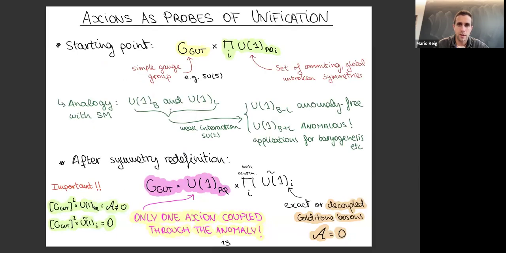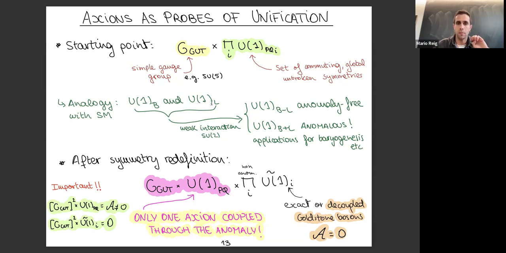So the story is the following. Let's take this starting point. We have G_GUT, your favorite unified gauge group that can be SU(5). We also have a non-specified, totally arbitrary number, for generality, of global U(1) symmetries, from which we can in principle get Goldstone bosons, and we can in principle assume that some of them have a mixed anomaly with the GUT gauge group. Now, at this point, you should stop and think about a similar situation in the context of the standard model, where we have